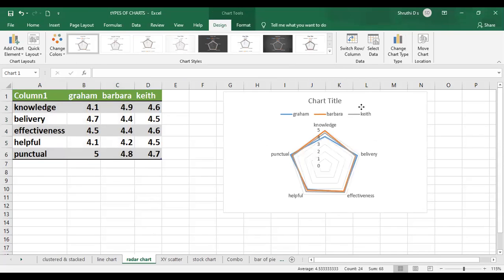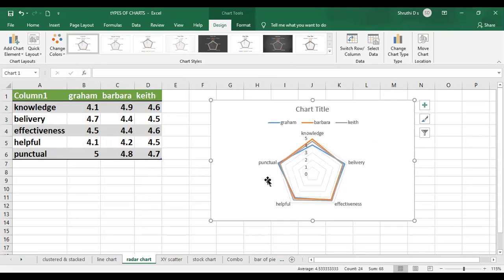So now the chart is applied for each person, right? Knowledge, punctual, helpful, effectiveness, delivery, all my row data has been represented here, and my column data goes from here to here. And see, all their data range is almost above 4. So the data is represented in this format.